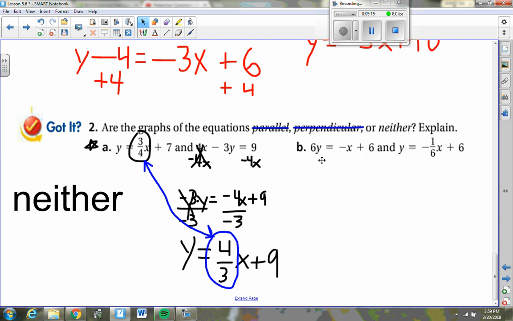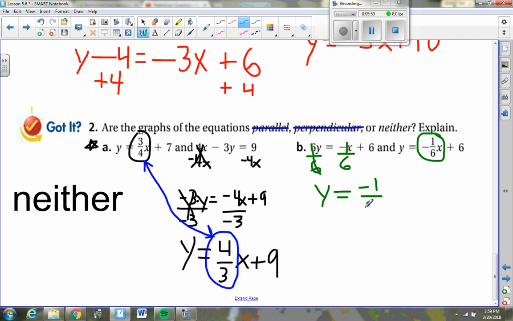If I look at this set of equations over here in letter B, the second equation already has the slope solved for it here. And then I need to get the y all alone in this first one. The good news is all I have to get rid of is the 6 that's multiplied on. So I divide by 6, and that goes away, and I divide by 6. And I get y equals, well, there's really a -1 in front of that x, right? -1 over 6 with an x on it, plus